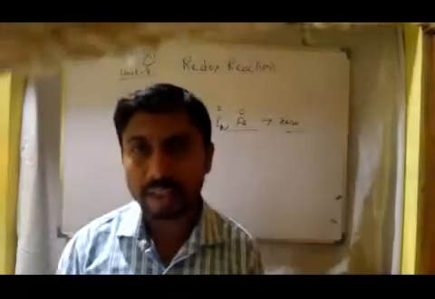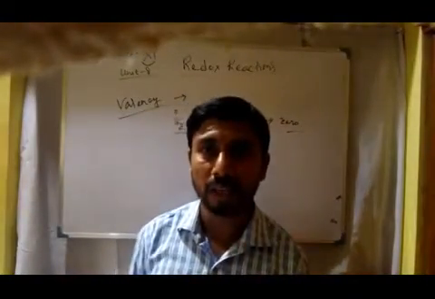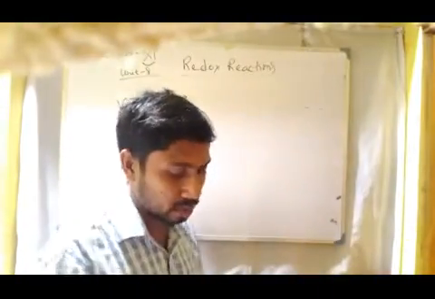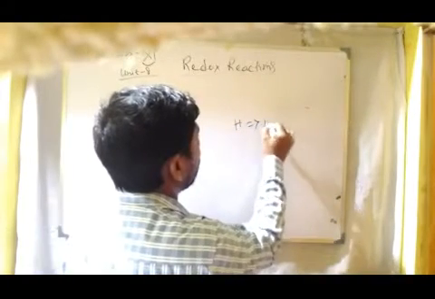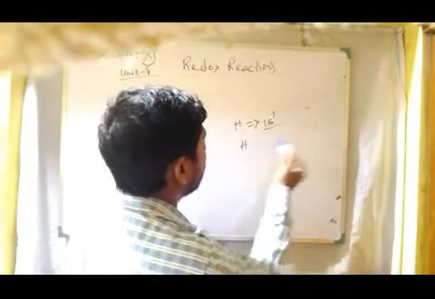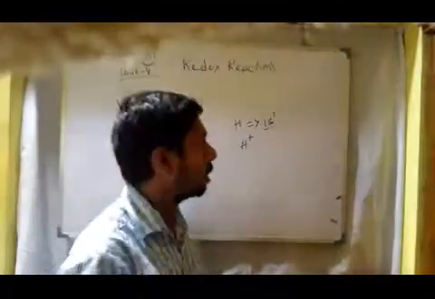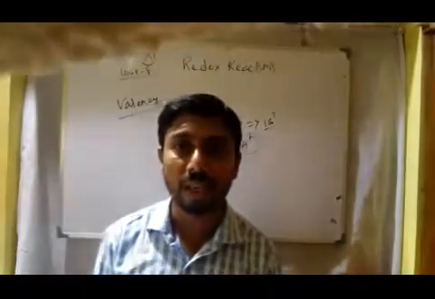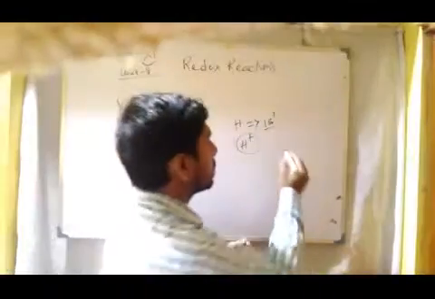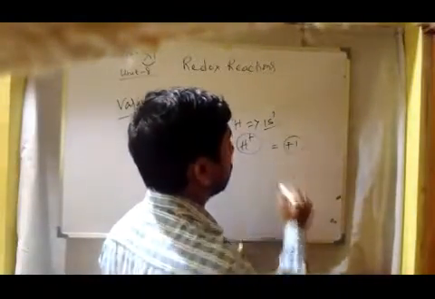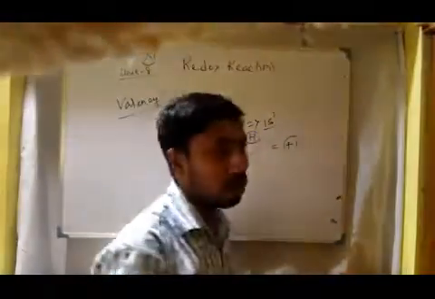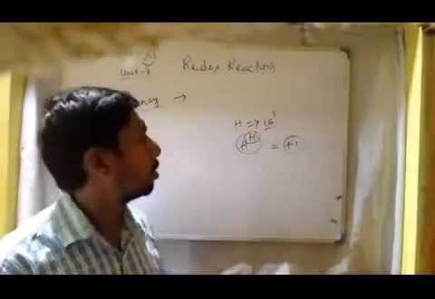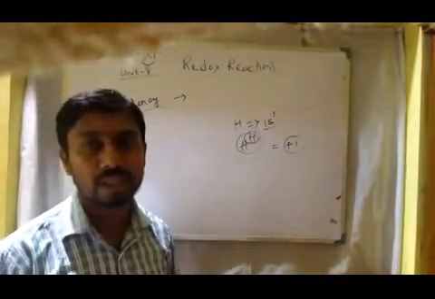Next, the valency of hydrogen. Hydrogen in the free state is 0, but in a charged species, what happens? Hydrogen having electronic configuration 1s1 can release one electron, forming H plus. Only one electron is released, so the oxidation state is plus 1. It is the charge written as a superscript of the symbol. Here the charge is plus 1, so its oxidation state is plus 1.